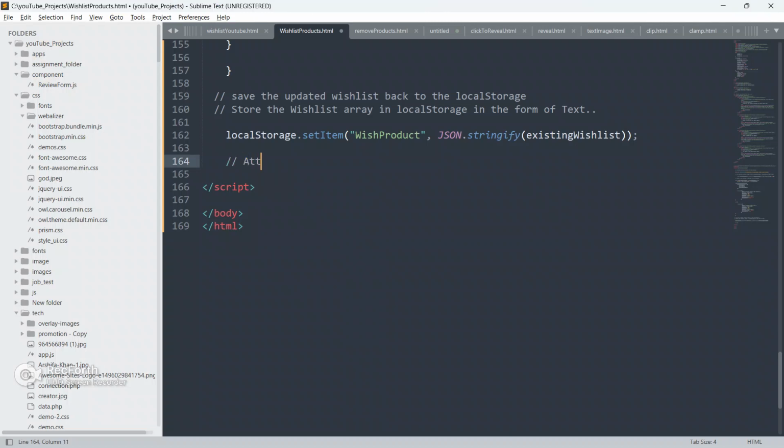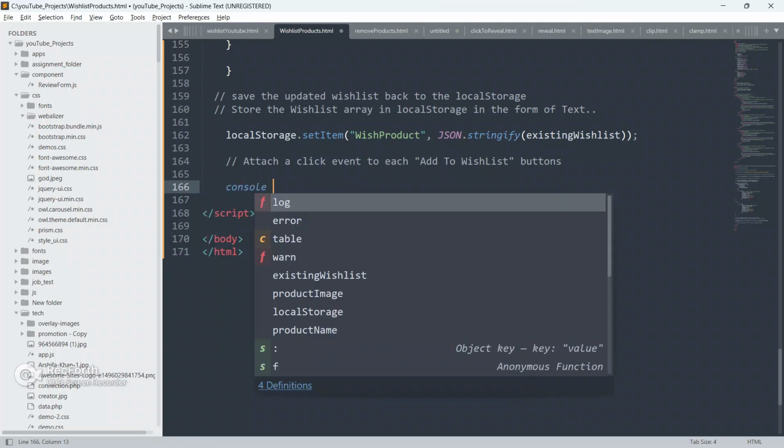So attach a click event to each add to wish list button. Now I'm going to write a function.